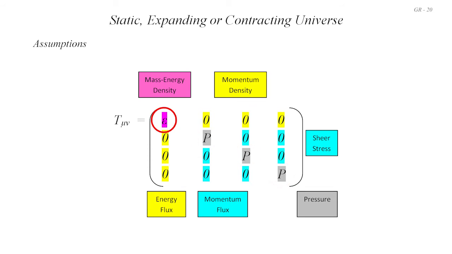I felt that epsilon better represents a more general energy density, which will essentially be the same as rho c squared if only mass is present, and I also felt that capital P can less easily be confused with rho when typed out. Anyway, here you can see that only the diagonals are non-zero